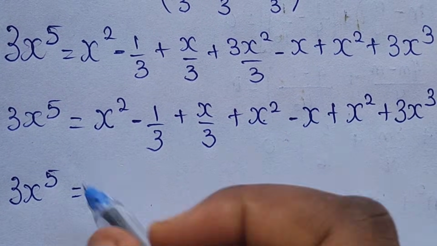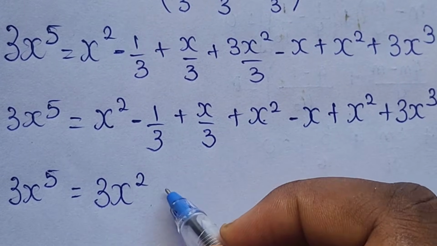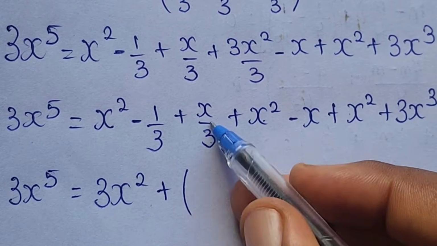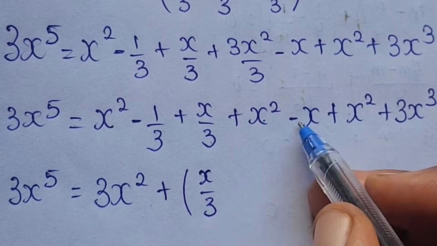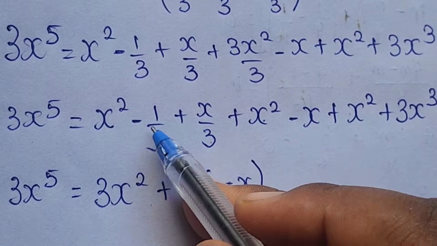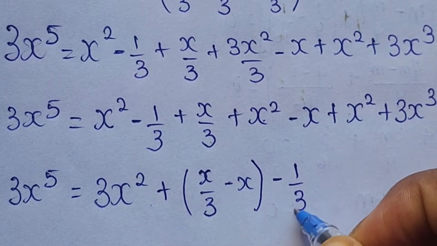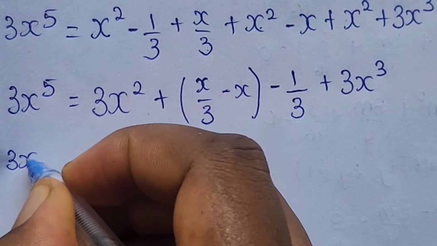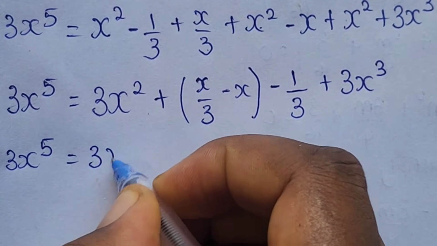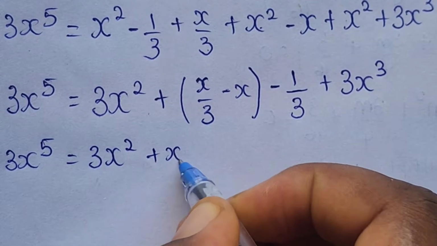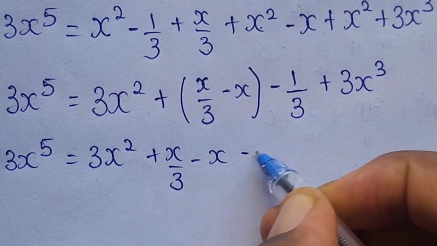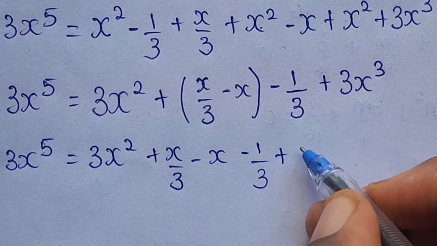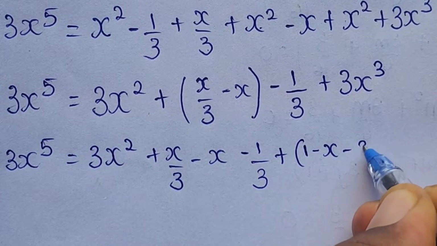plus x squared plus x squared, which is 3x squared. And we have plus x over 3 and minus x over 3 minus x. We have minus 1 over 3, and we have plus 3x cubed. So we have 3x to the power of 5 is equal to 3x squared plus x over 3 minus x minus 1 over 3 plus our 3x to the power of 3 is equal to 1 minus x minus 3x